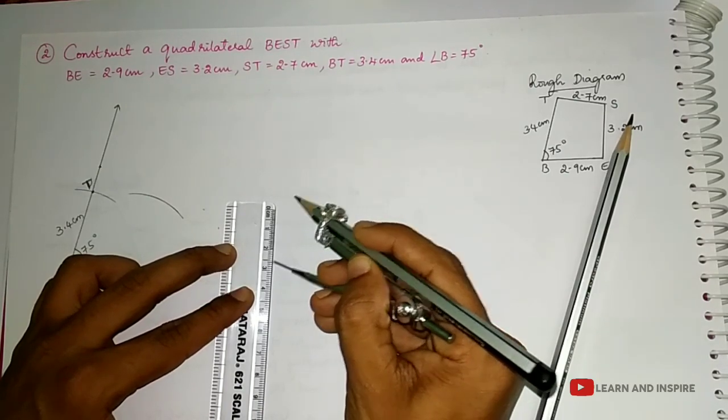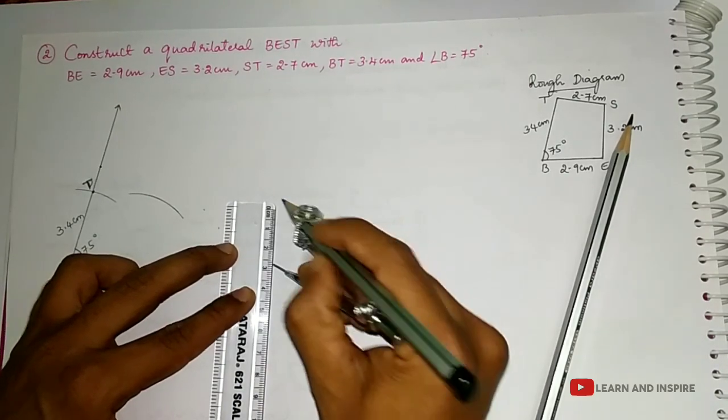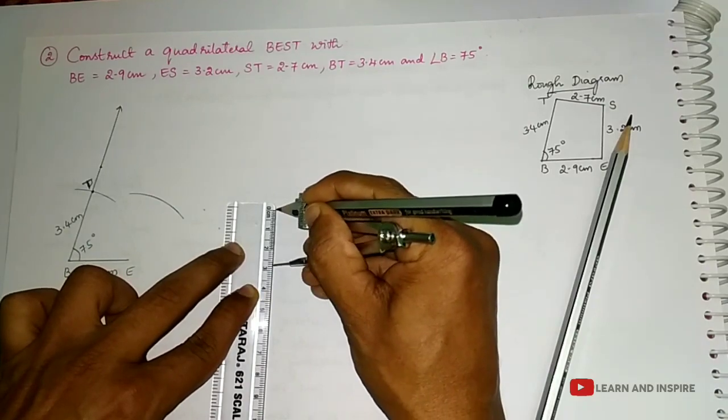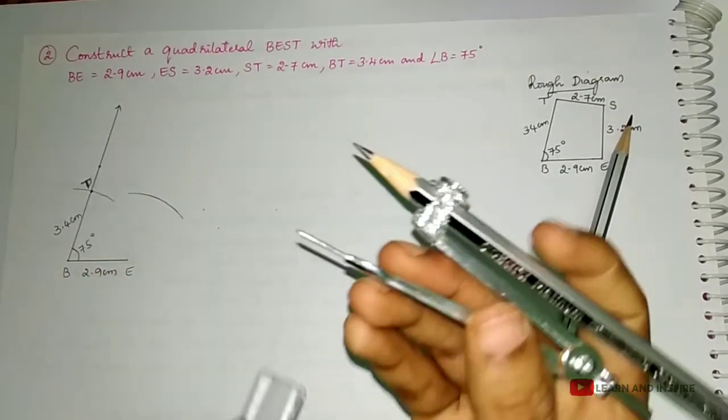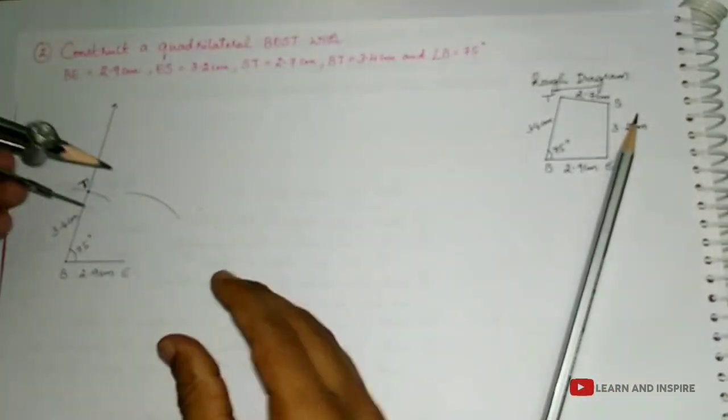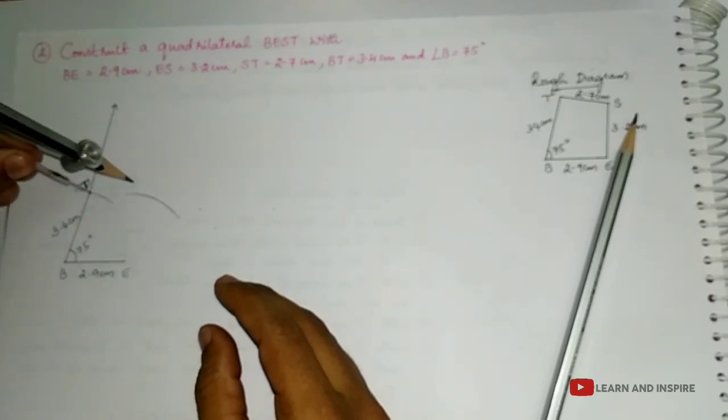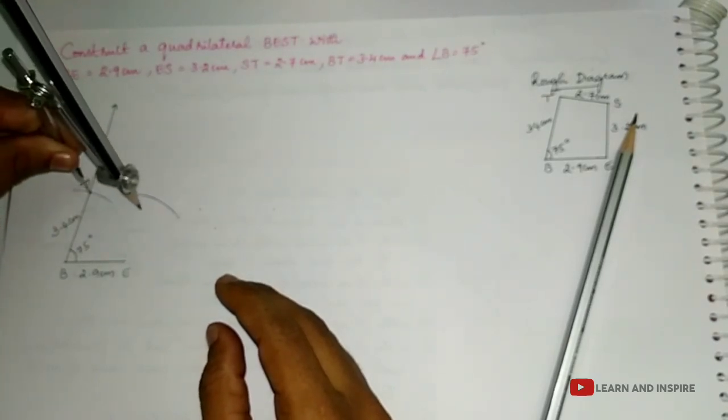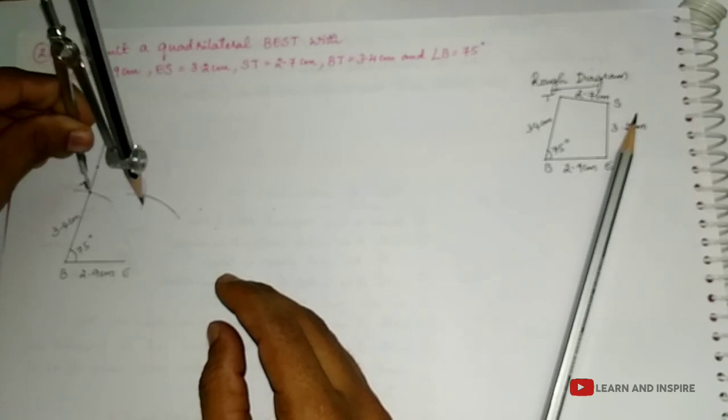This is 2.5, 2.6, 2.7. So this is 2.7 centimeters, and with T as center of radius 2.7 centimeters, cut the previous arc, and